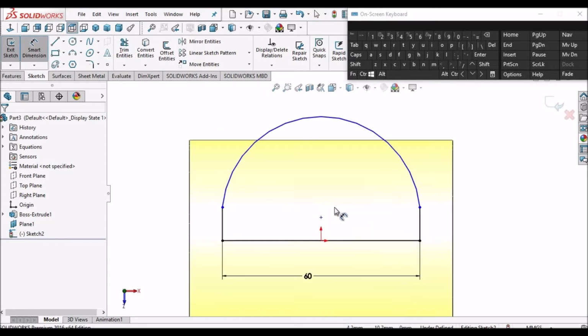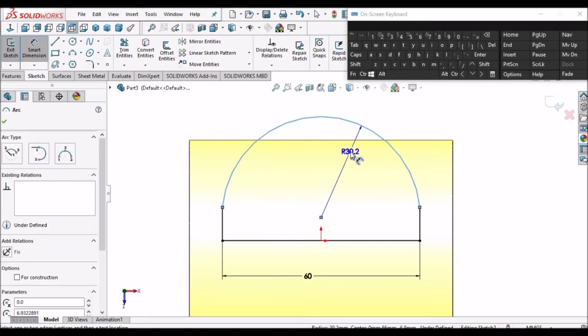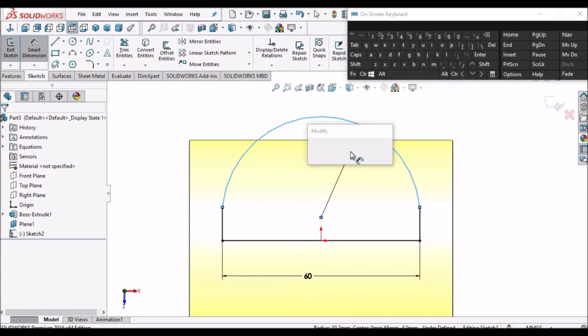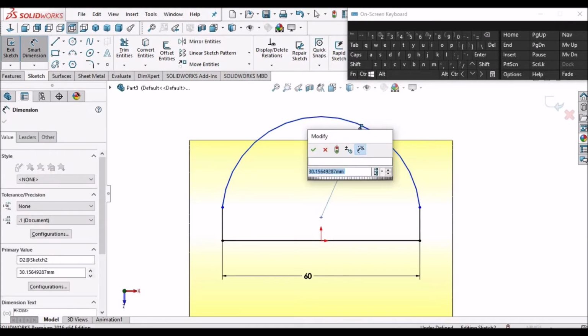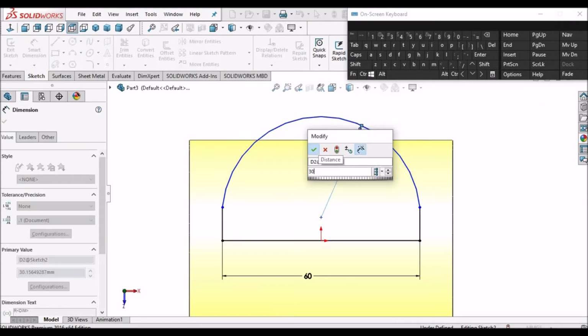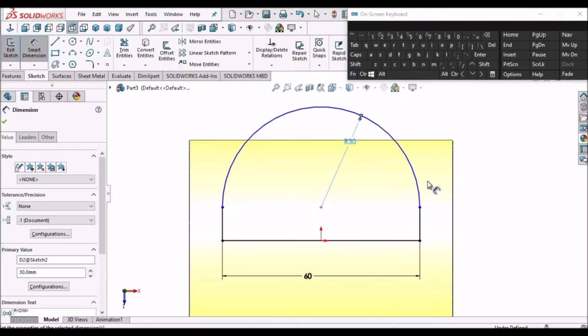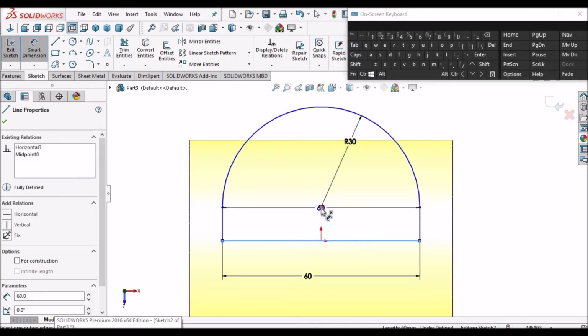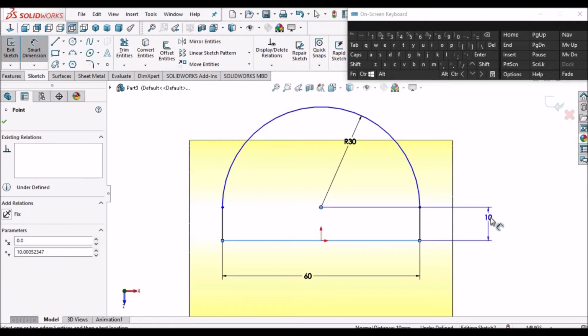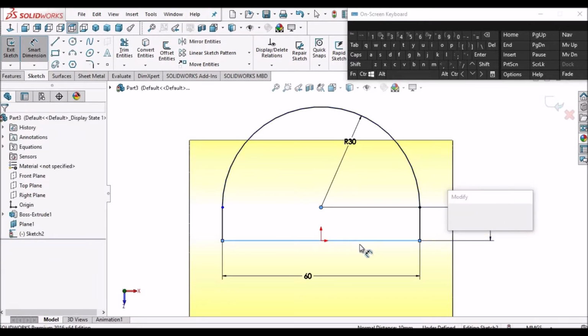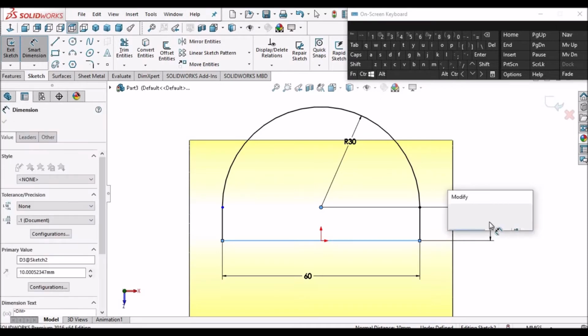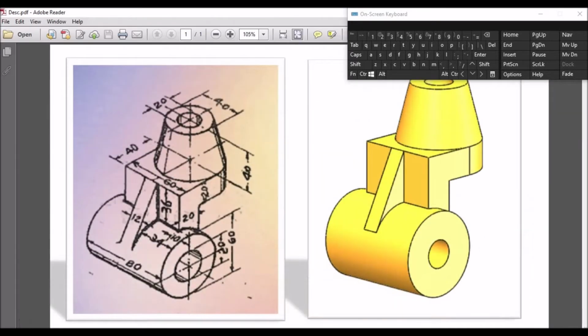So this will be 30 and the distance between this center line and this edge is 40. See, 40 is mentioned here at this location.